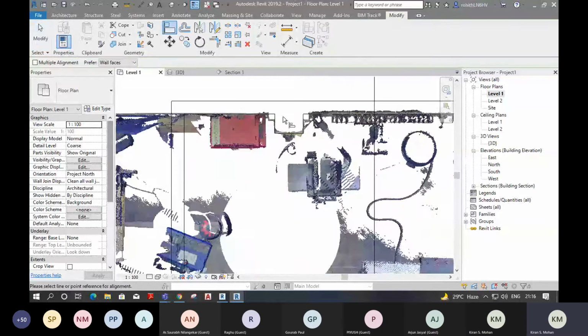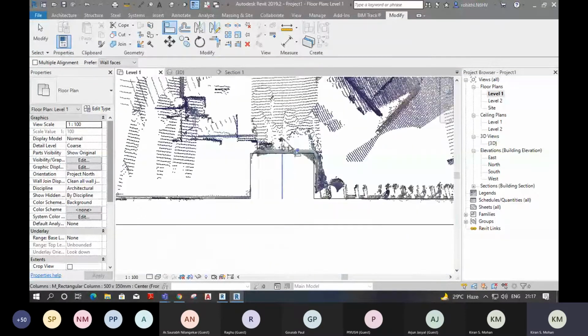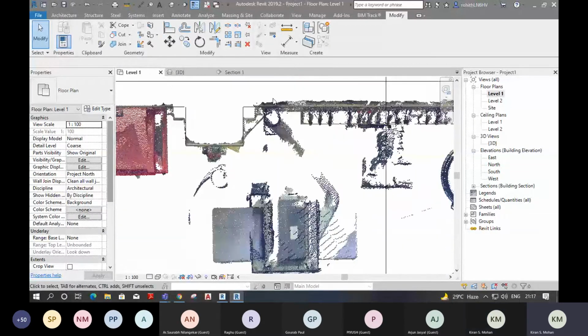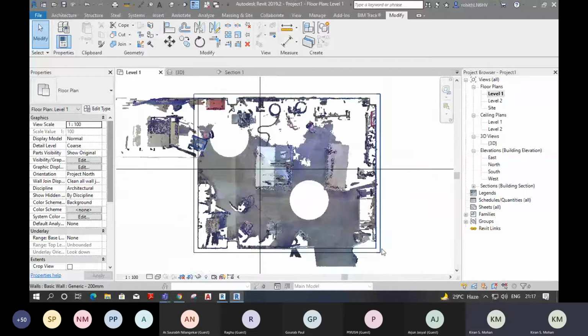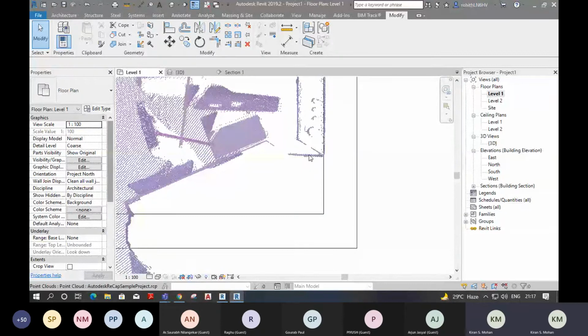Now we need to place a column in this location also. So just go to recap and check it again. I'm opening the another scanner, scan data, scan location. Okay, here we go.